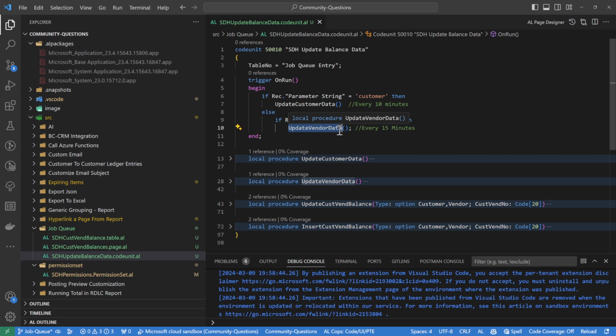Now, one more thing that you need to remember about the job queues, which we haven't talked about in the past, is that your dialog boxes, your messages, your errors are not directly supported by job queue. They kind of block the job queue. If you want to use the same code unit, let's say this code unit may be used by job queue